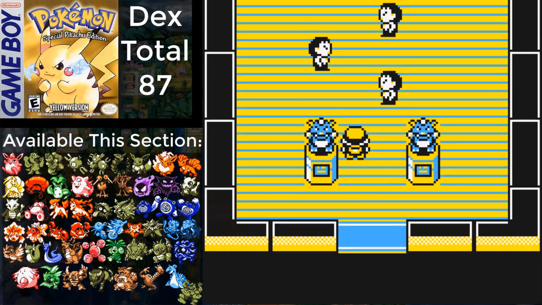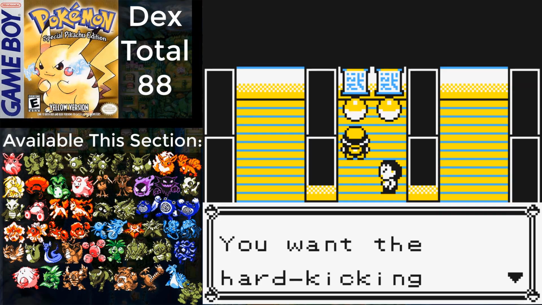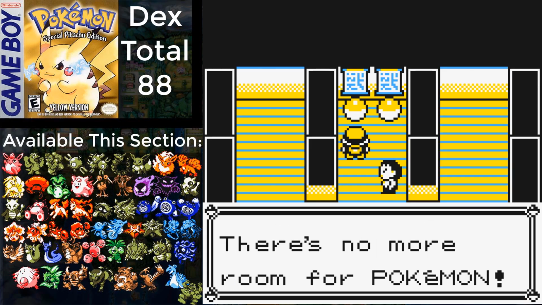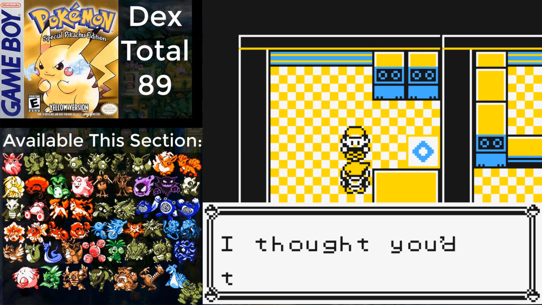Since I was on my way through, I made sure to take down the Fighting Dojo in Saffron City, grabbing a Hitmonlee at the end of it all. Fortunately, I had enough Pokemon that I needed to evolve, so I just decided to take down everybody at the Silph Company. I evolved Rhyhorn into Rhydon at level 42 before fighting my rival again, and evolved Poliwag into Poliwhirl